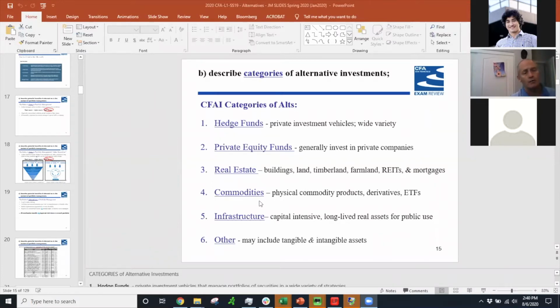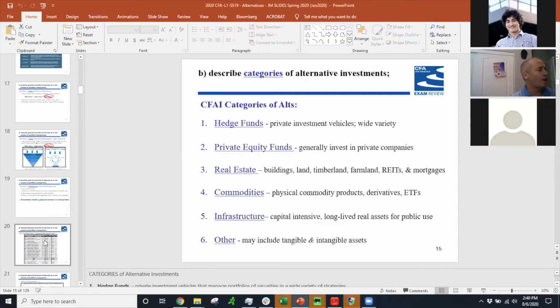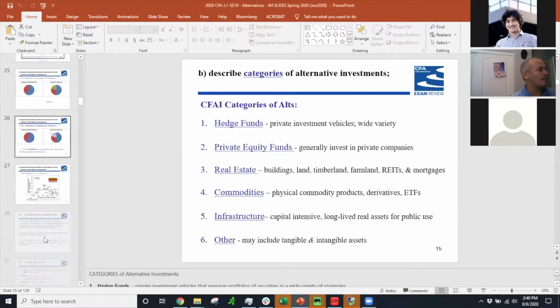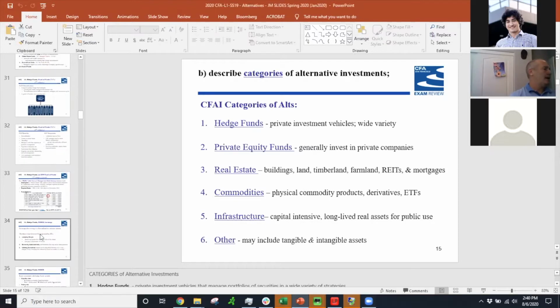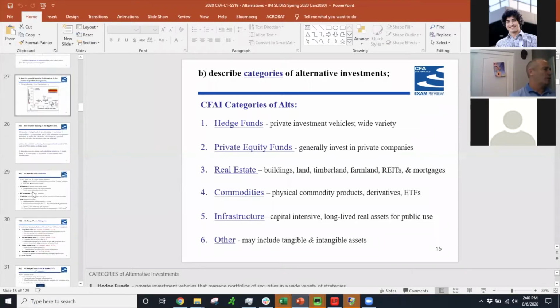Commodities, we investigated the various metals, commodities like oil, why you may want to add those to a portfolio. And then we left off at infrastructure. So I'll finish off infrastructure before I move into options. And just in terms of options, to kind of prepare you where that may fit, I had reviewed the subcategories